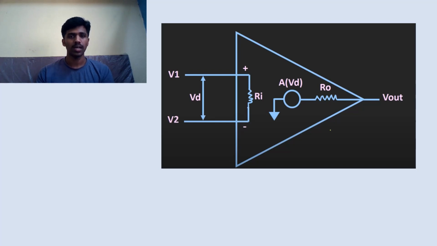The input resistance Ri is some mega ohms, and also the output resistance R0 will be some ohms. And the open loop gain is also not infinite, it is between 10 to the power of 5 to 10 to the power of 6. And in ideal condition, the bandwidth should be infinity, but it is not possible in a real purpose. And also, there is a slew rate which should be infinite, and the common mode rejection ratio, as it shows, the output should be 0 when the inputs are 0, but it is not possible. Whenever the input is 0, you can observe some value at the output.